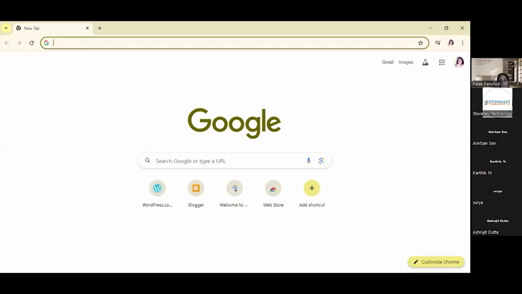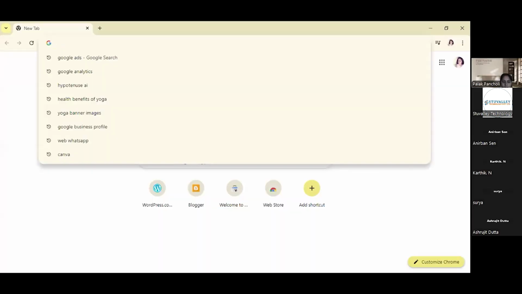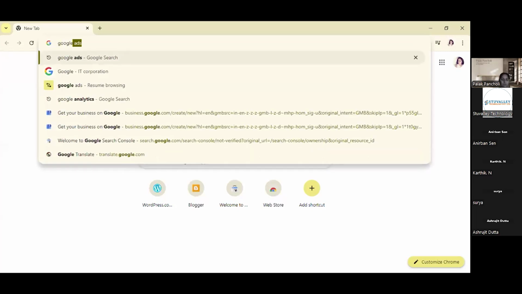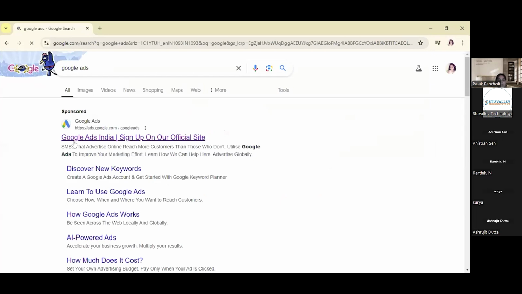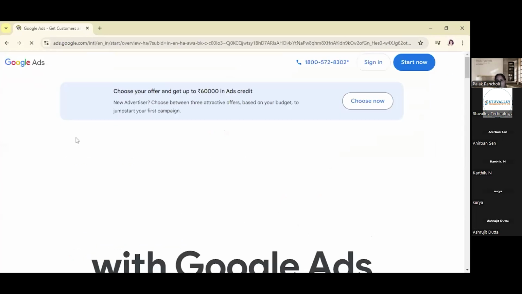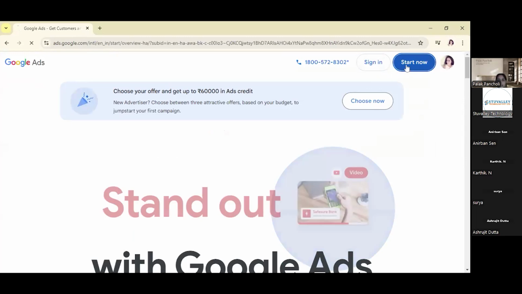Is my screen visible? Yes, ma'am. Okay, so you have to search for Google Ads. Click on this. It will not ask for payment. You have to click on Start Now.